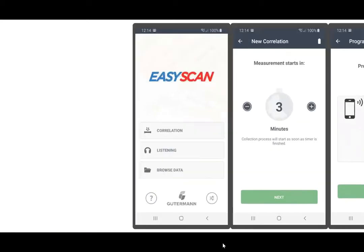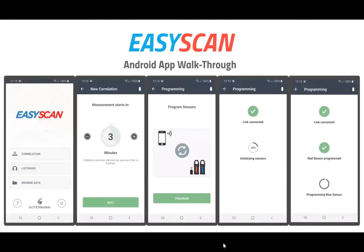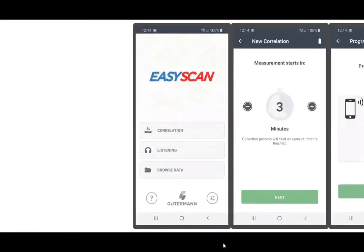When you open up your EasyScan app, you'll be directed to the front page. And this allows you to choose correlation, listening, or your browse data, which is saved data from previous correlations and listenings. Tapping on correlation brings you to the next screen,